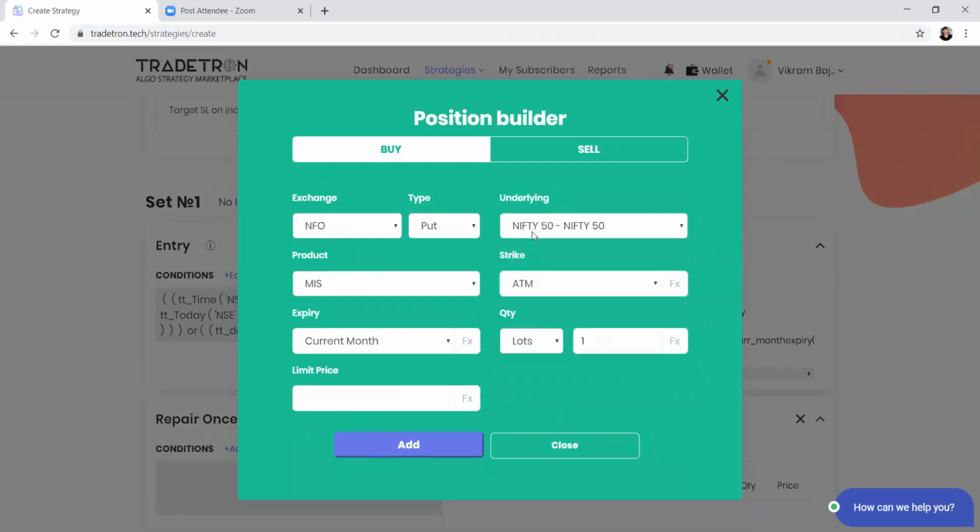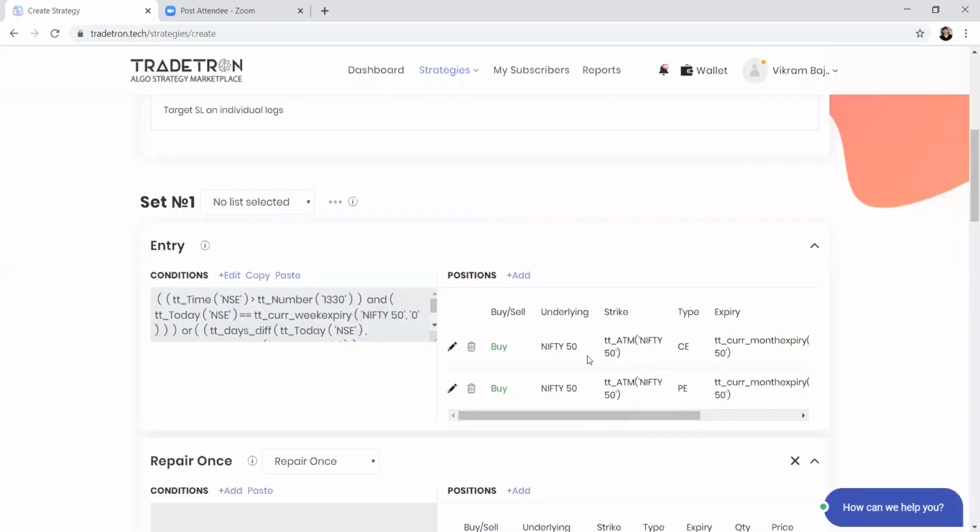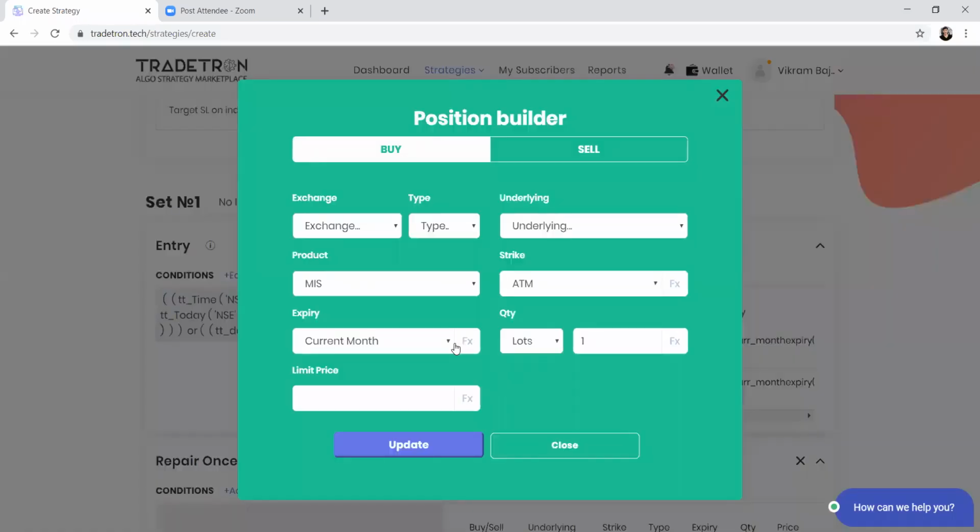Again, you have to select the underlying, MIS order, ATM strike, one lot again, and add. So like this, you can add multiple such positions. If you have a 3-leg strategy or a 4-leg strategy, you can add as many legs as you want. Now let's try to